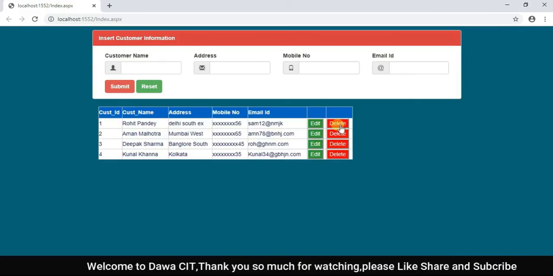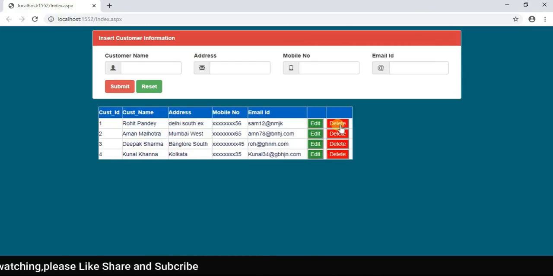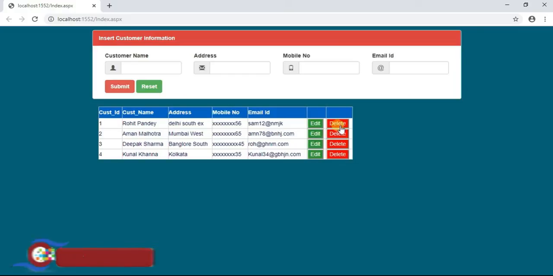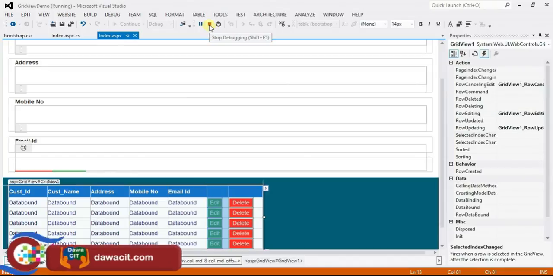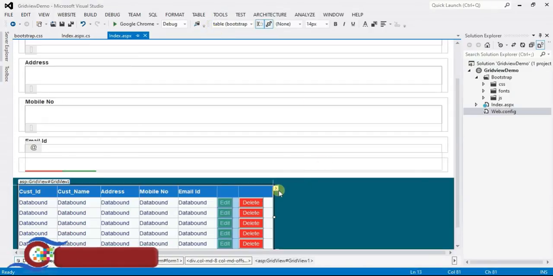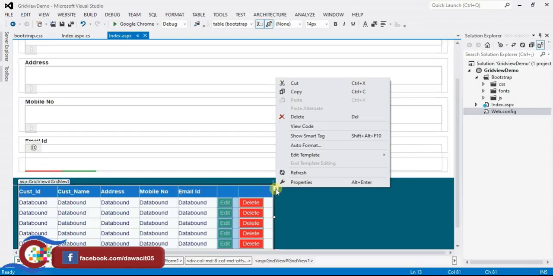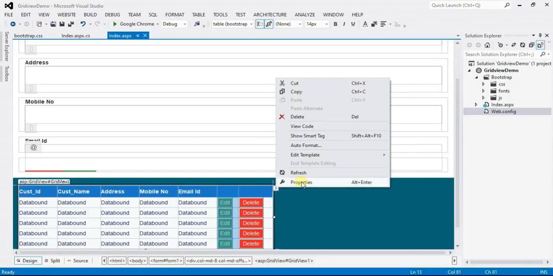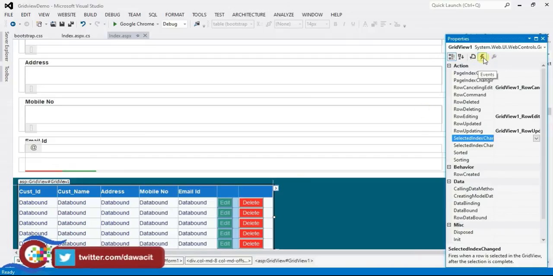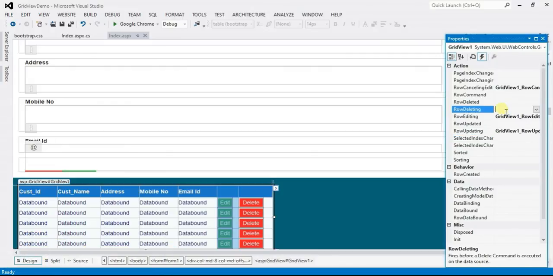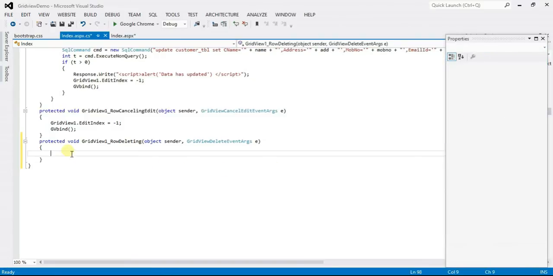Right now this delete button will not work because I haven't done the coding yet on the button. So let's do coding on delete button. Okay. Stop debugging. Right click on arrow. Click on properties. Click on events and select row deleting and double click here. Type here int id equal to convert dot to int 32